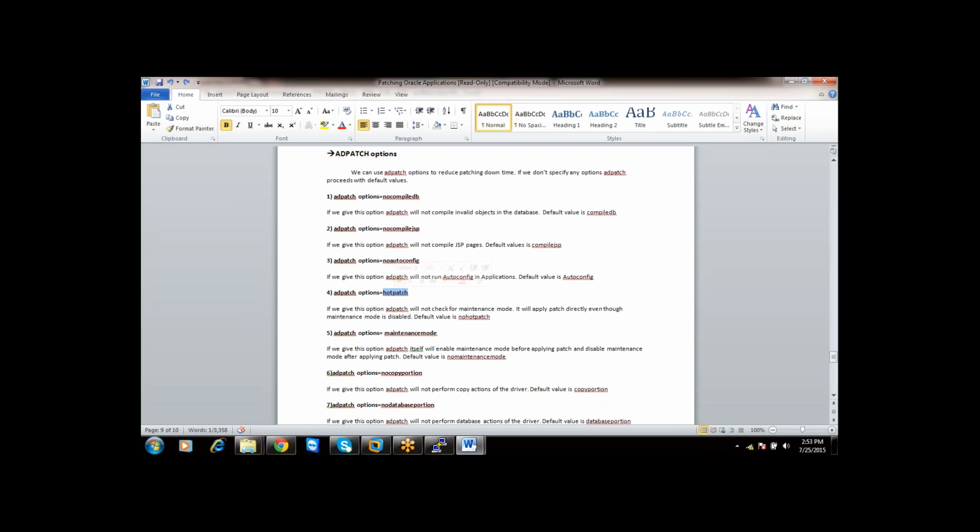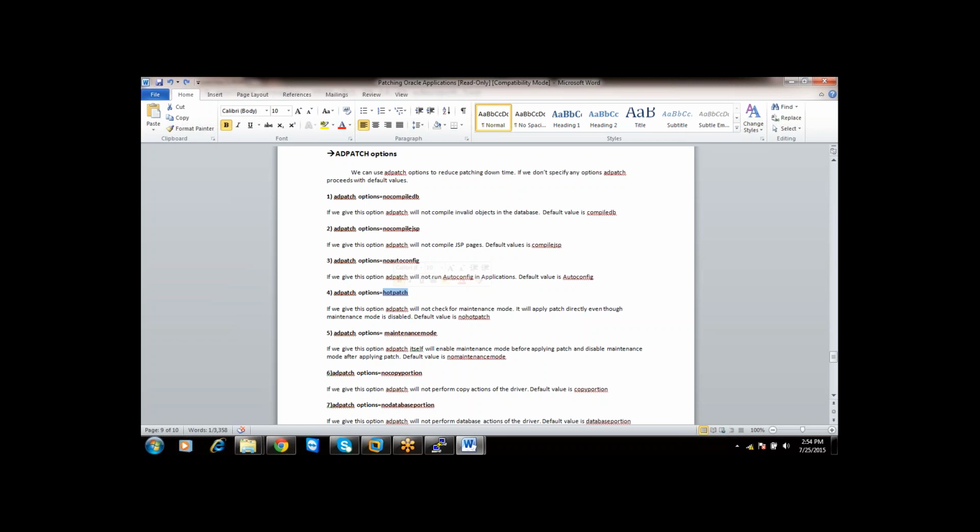If you manually copy, who will take the backup of existing files? You can take it for a couple of files, but if it is going to copy 20 SQL files, what happens? So you are supposed to apply generic patches also using AD patch only. But moreover, when AD patch applies... Yeah, go ahead, please, you can ask your question.